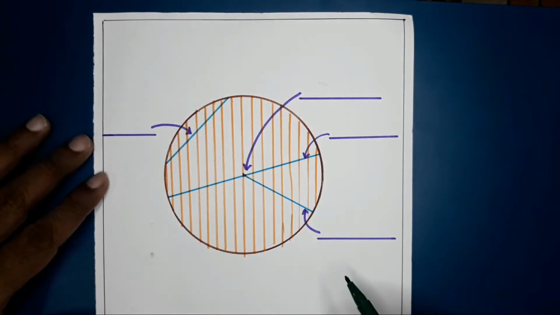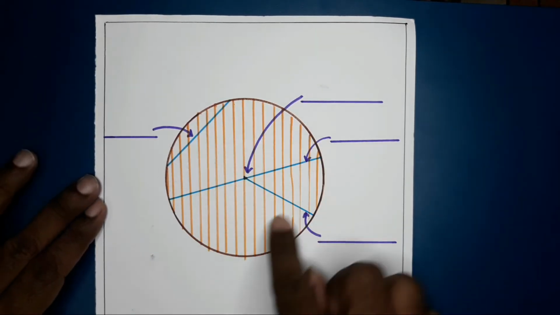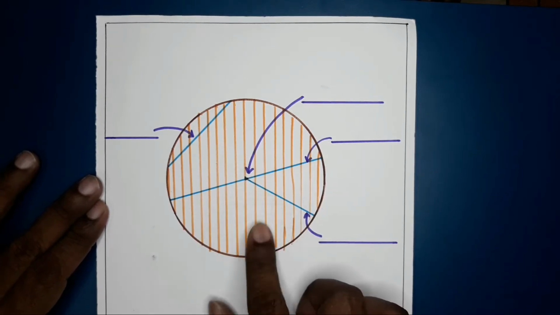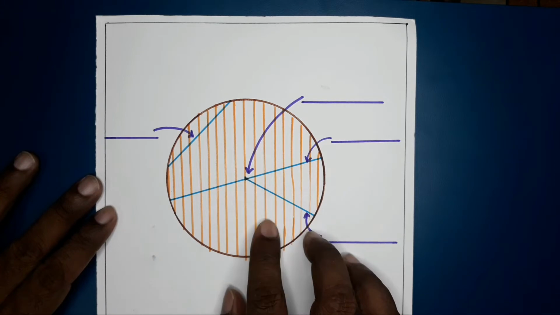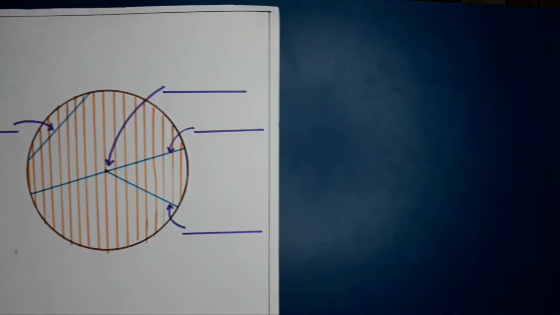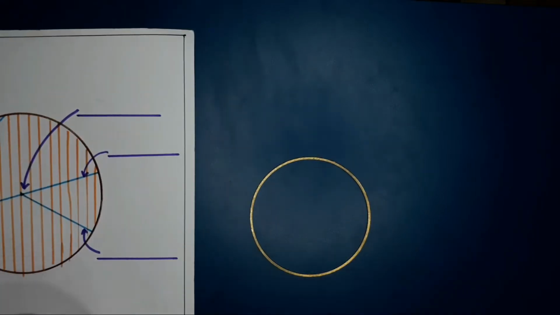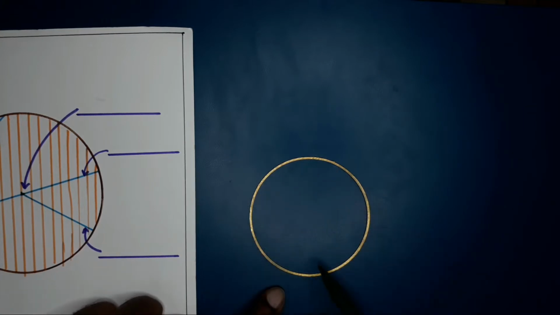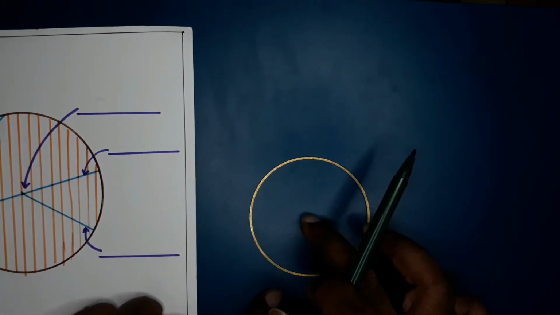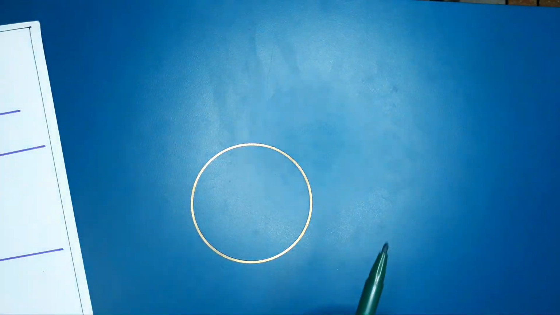So friends, let's start with the revision. Generally we think that circle means this portion. Circle is not this. Many times we misinterpret it as a circle. Circle is generally like this, or you can say circle is more thinner like this. Okay, means what? Only this yellow portion is called as circle. This part is called as interior of the circle and this part is called as exterior of the circle.